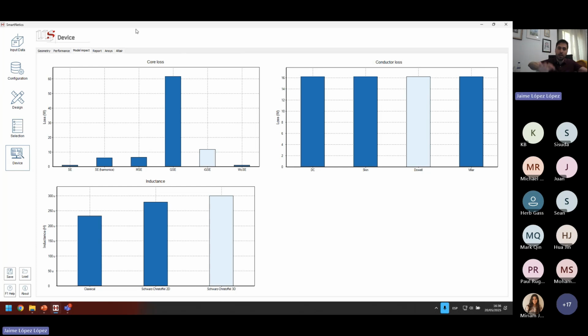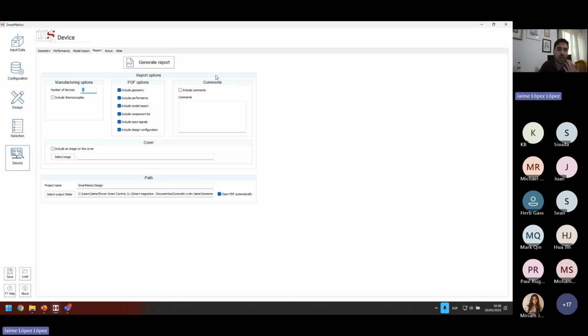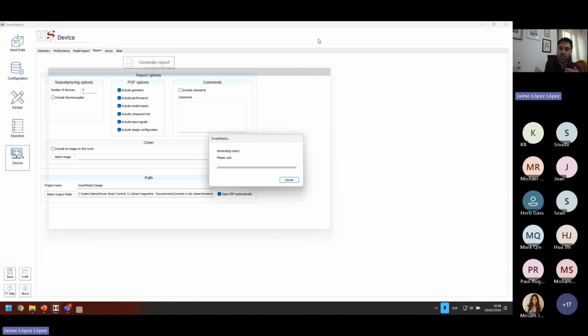Up to here, everything has been inside the tool, so everything is constrained in our tool, but the next step is to check what you can get out of the tool. For example, the first step is you can, if you want, generate a report. I'm going to generate it. What we're doing here is we're generating a PDF report that includes everything that you have seen in the tool.